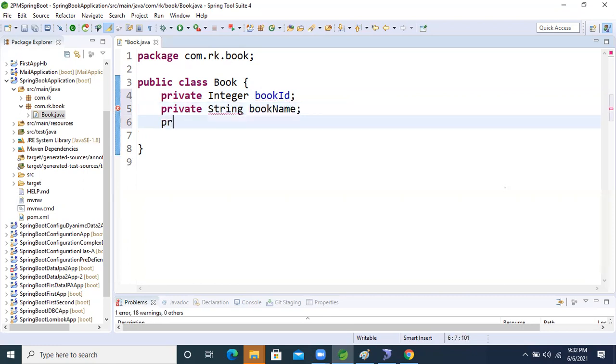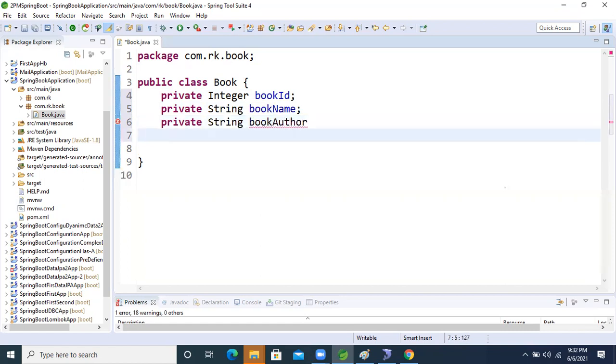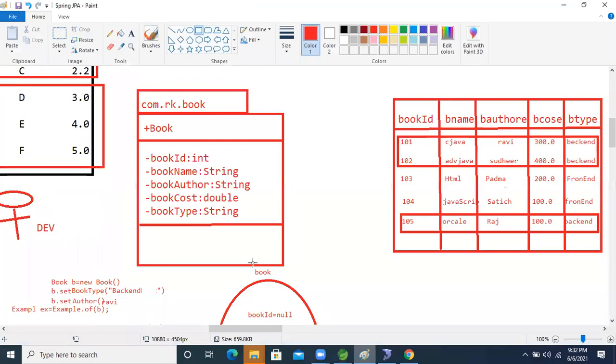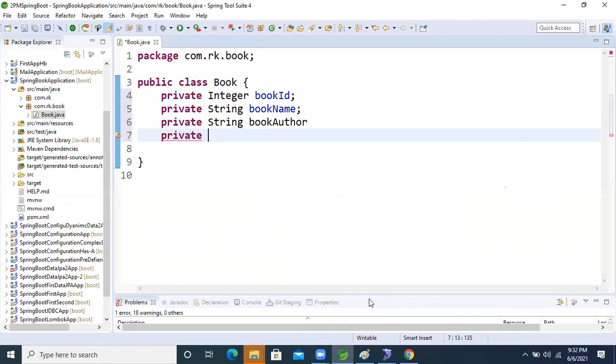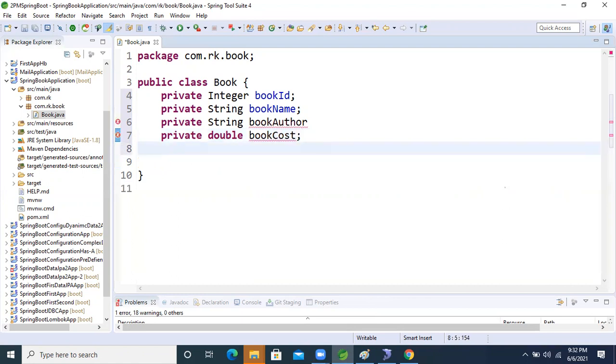Another one is private book author. Another one is book cost. Book cost, right? Good, very good. Semicolon, book author. Okay, now another one is private book type, book type.